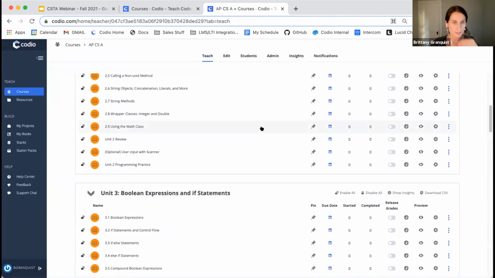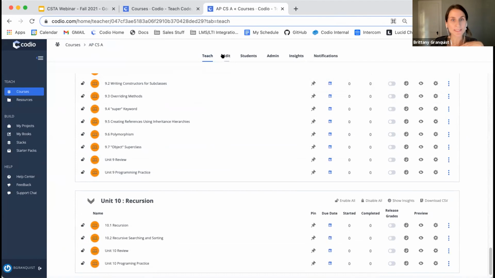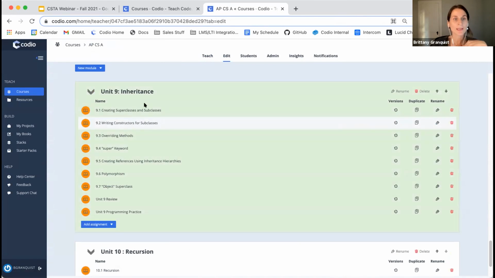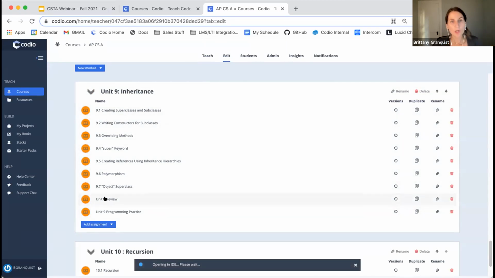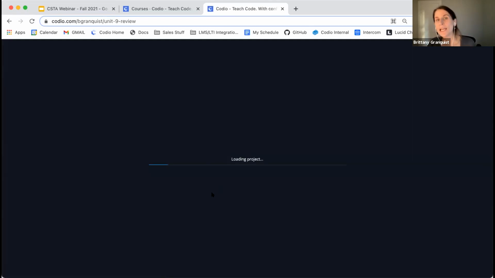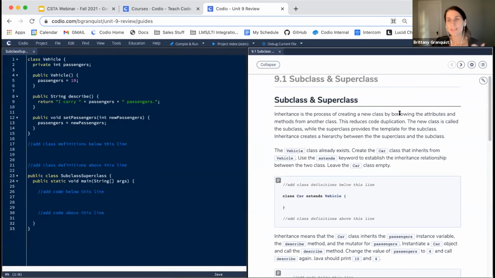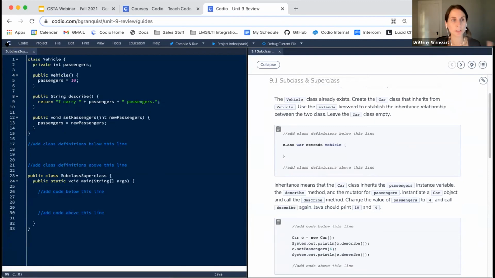So you can see that there's quite a lot of content here. You can reorder the content when you go into edit, right? You can delete, you can reorder, and on top of that, the best thing that I think exists about Codio as a former teacher is that all of this is editable, right? You can click from this edit tab, you can click into any of this. It opens up the assignment, and you can change the wording, you can add videos, images, you can add more assessments, making it really specific to your individual needs.